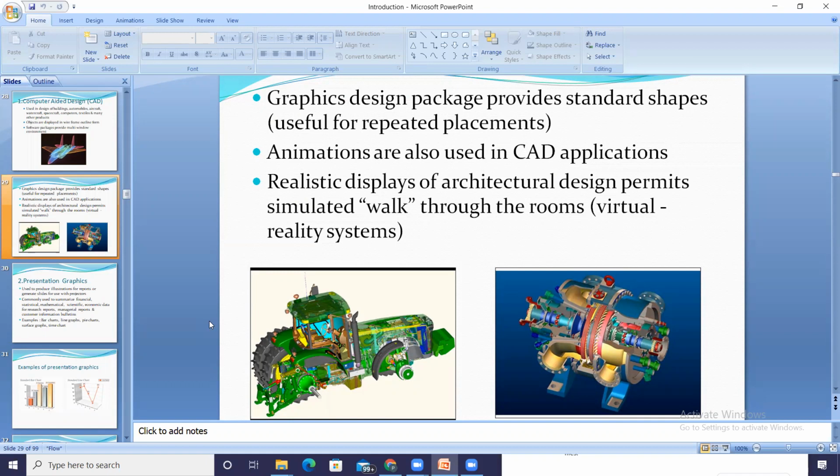It is like in games such as Need for Speed or Counter Strike, where you cross rooms and enter new rooms. This is nothing but the special effects given by making use of computer graphics. These are the realistic outputs that you can view by using CAD.